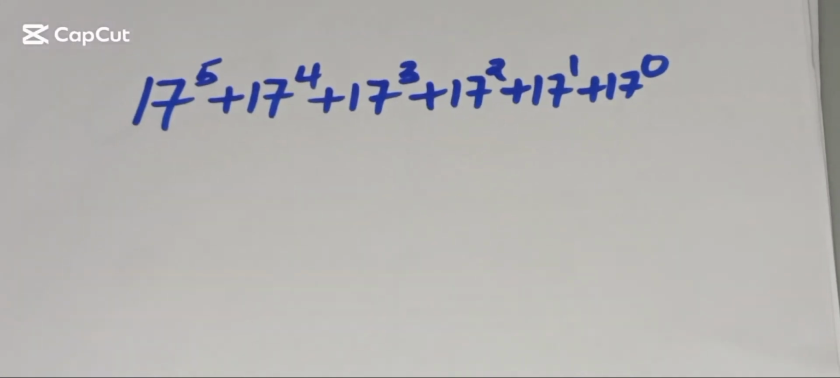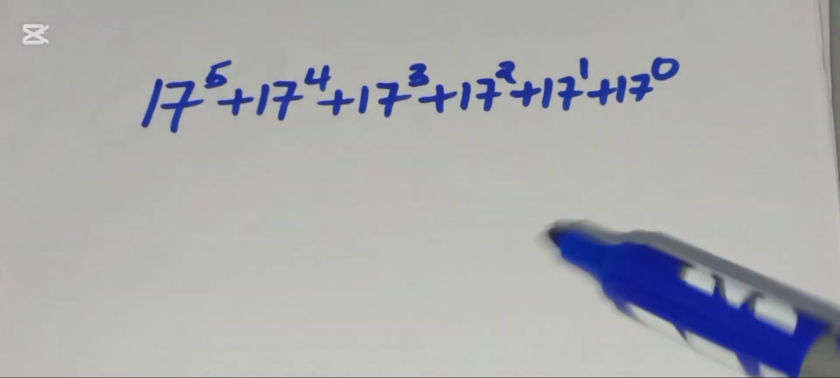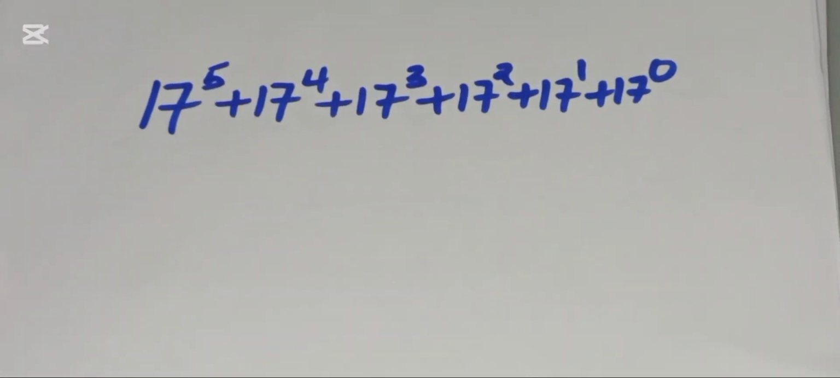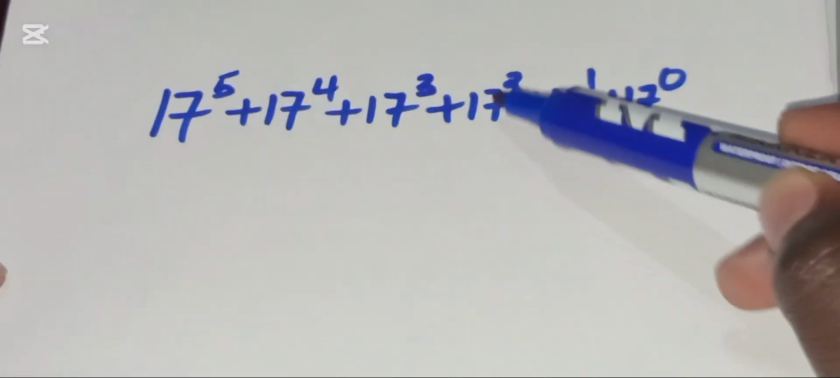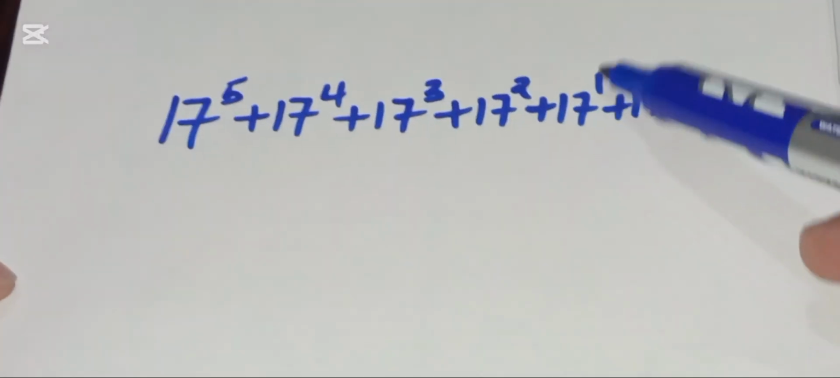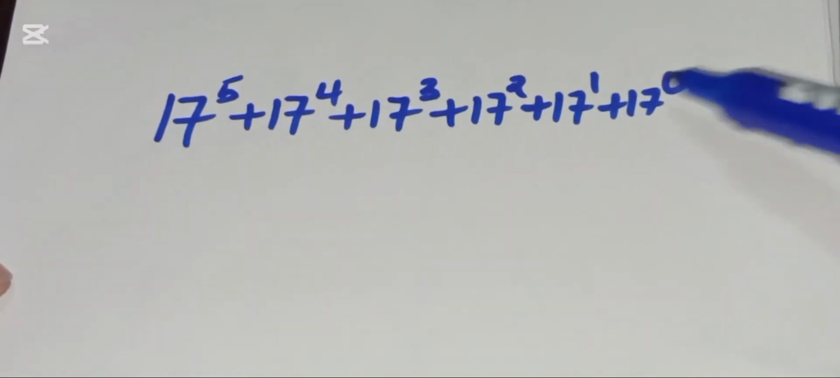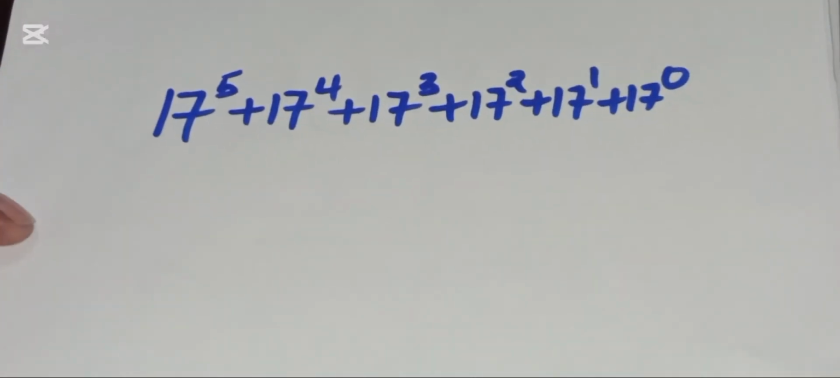Welcome. Let's provide a solution given this math problem, which is 17 raised to the power 5 plus 17 raised to the power 4 plus 17 raised to the power 3 plus 17 raised to the power 2 plus 17 raised to the power 1 plus 17 raised to the power 0. Okay, so solution,